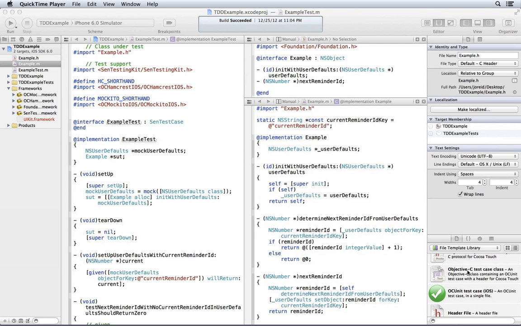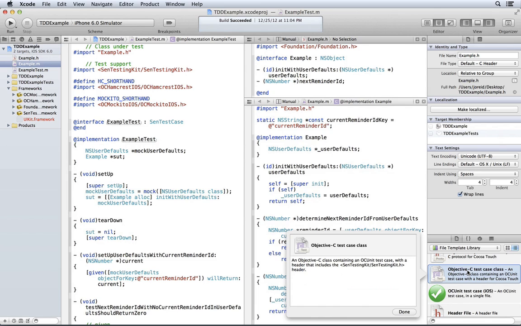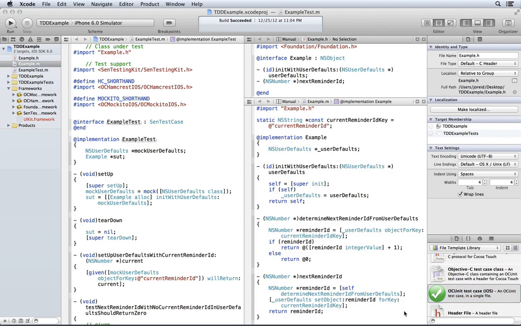Time for a quick recap. First, avoid Apple's test case template that splits tests into a separate header and implementation. That's simply unnecessary. Instead, use something like mine where it's all contained inside a single file. You'll just be happier for it.